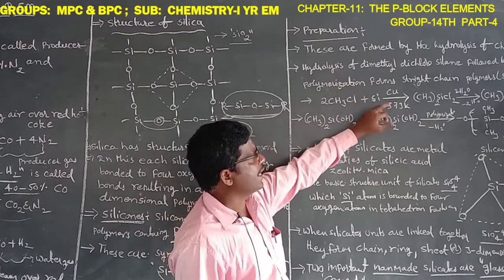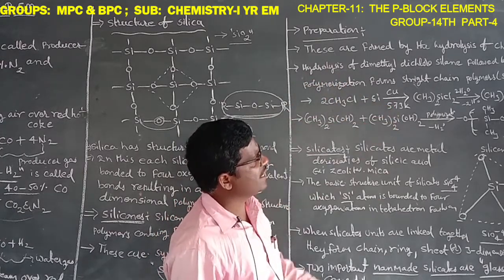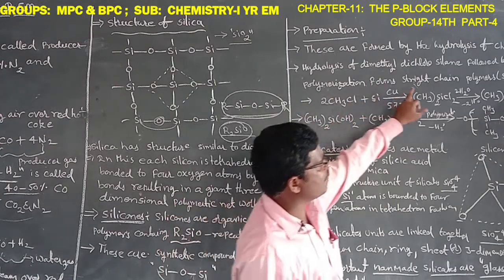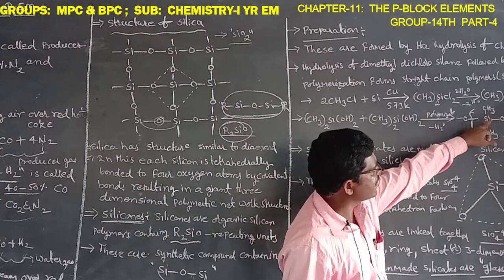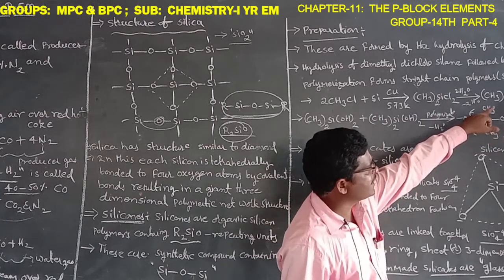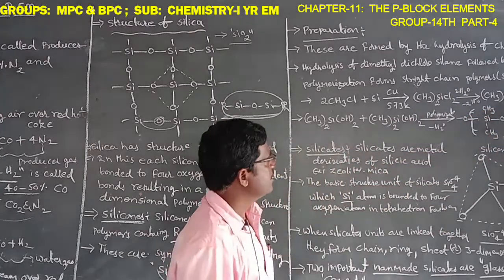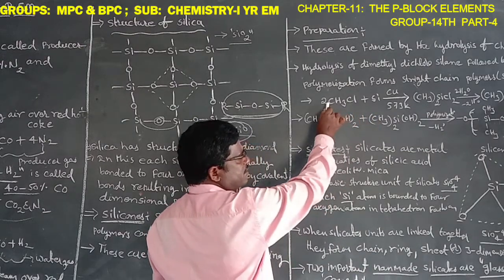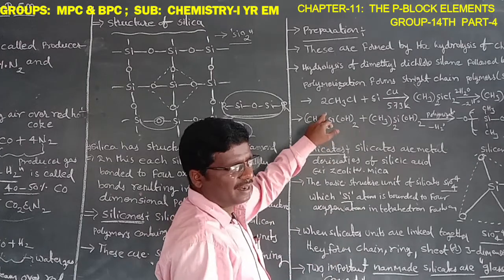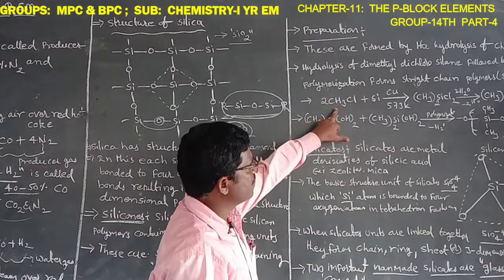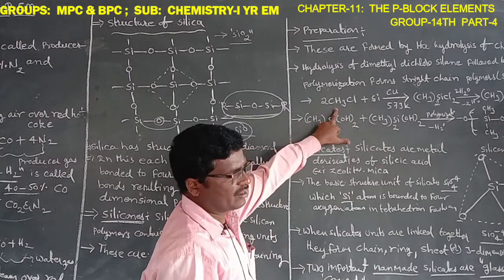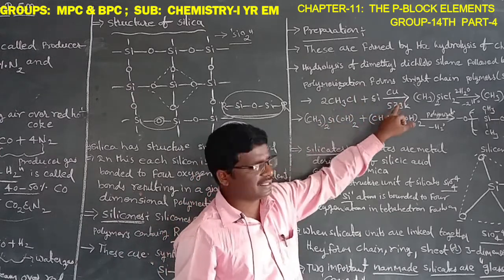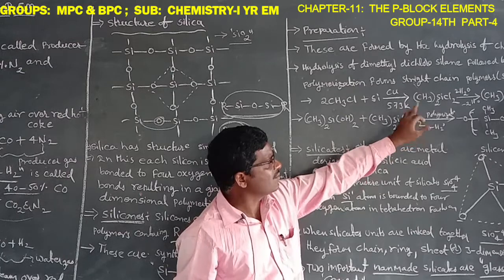Hydrolysis of dimethyldichlorosilane, followed by polymerization, forms chain polymers like dimethyldihydroxysilane. Silicones are prepared by treating methyl chloride, or chloromethane, with silicon in the presence of copper at 573 Kelvin, which forms